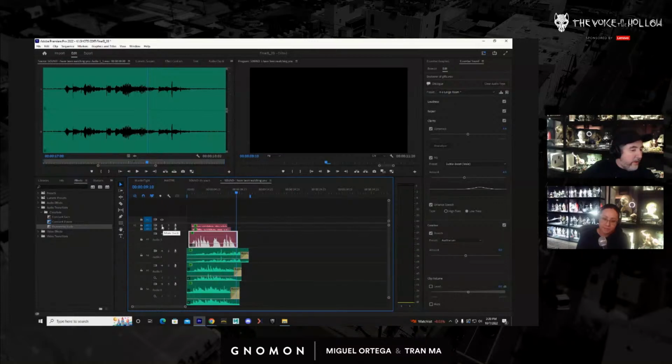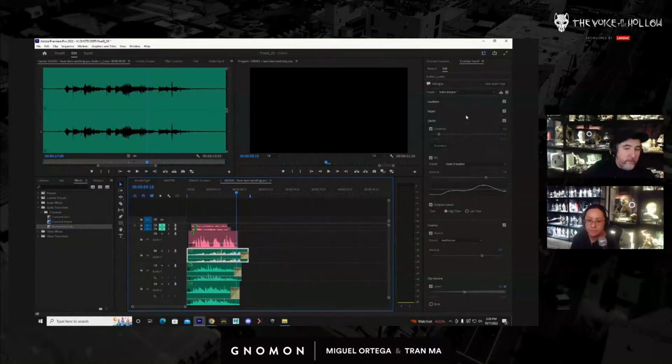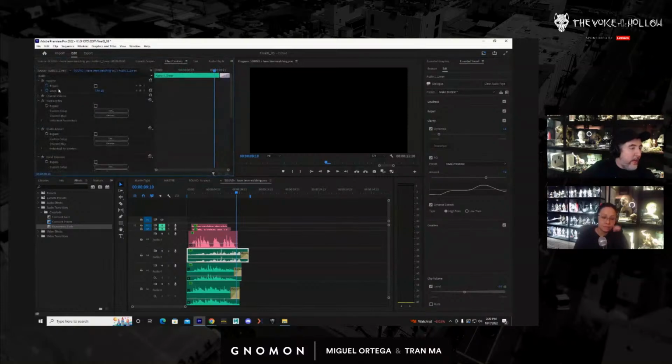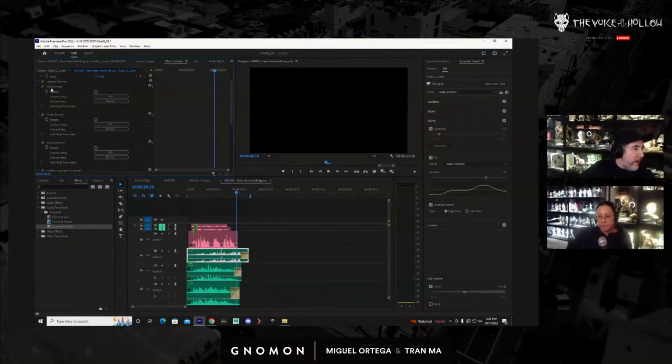It's extremely cool, this Essential Sound stuff. Pretty easy to use. It does all the stuff for you, and you just basically use a lot of these presets here. You can increase the amount of reverb, the type of room that it would be in, and then it's automatically creating all the actual filters that are not so easy to understand, like dynamic processing, graphic equalizer, vocal enhancer, studio reverb, hard limiter.